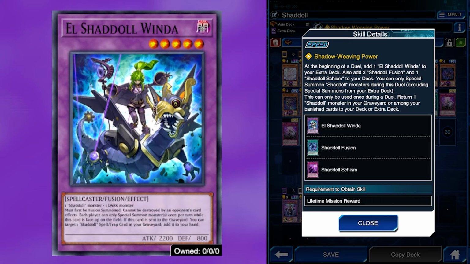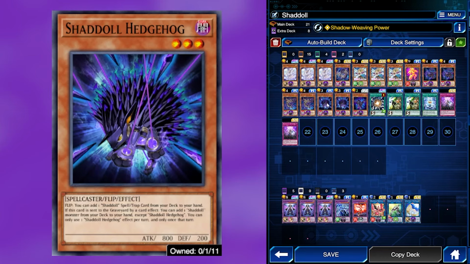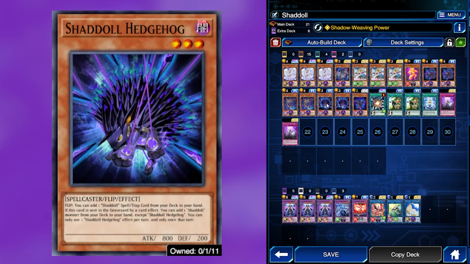Since we start the game with Incarnation in grave, Hedgehog becomes a lot better, as you can set this, use Incarnation to flip it up, and then search for whatever you want, which is the same reason why Magical Merchant is an option. In a low card build though, I don't like 3 Hedgehog, as we want to avoid drawing